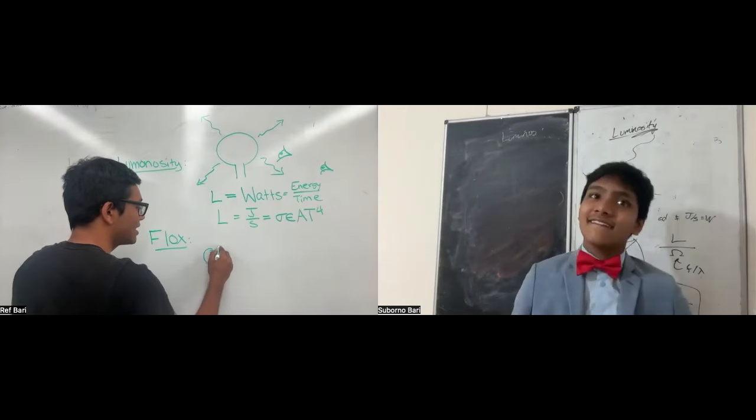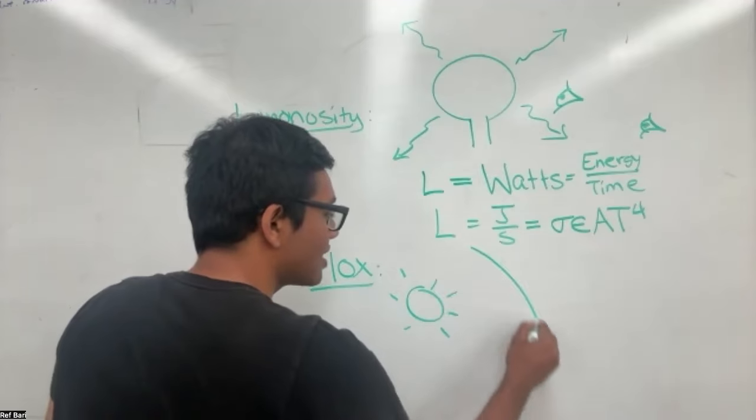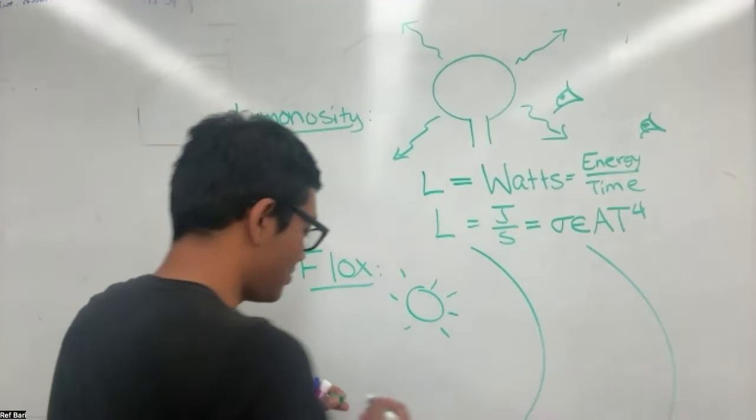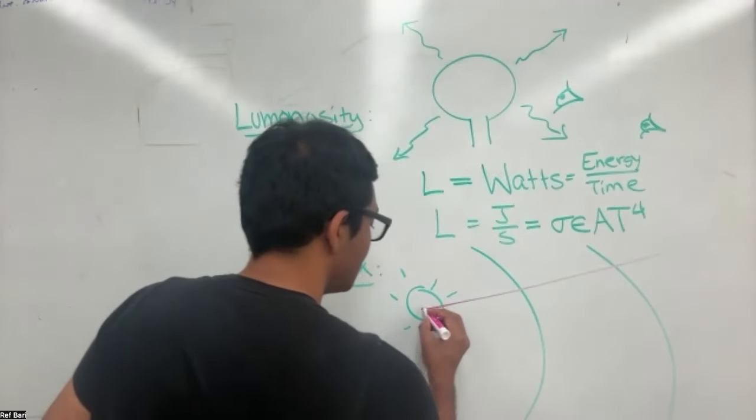Because the source is emitting radially in all directions, that means if you imagine a sphere, imagine you have a sphere, and then you carve